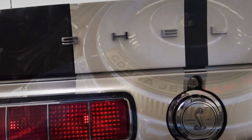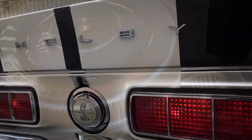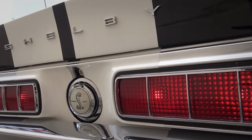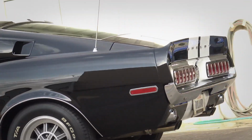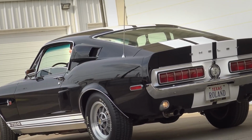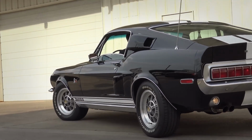This engine helped the Mustang GT 500 dominate straightaways and reinforce the Mustang's reputation as a performance icon. The GT 500 wasn't just about speed, it was about a complete driving experience. With responsive handling and a powerful engine, it became a symbol of American ingenuity. Carroll Shelby's performance tuning ensured that the GT 500 could compete on the track while remaining street legal, a combination